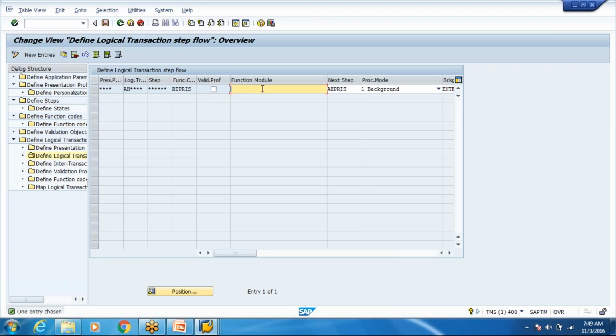If you make a change in the function module over here, it is going to impact all other warehouses. So let's say you are working with 3-4 warehouses, and you want to only change for your particular warehouse. Just replace this star star star by your warehouse presentation profile and write your function code here, function module here, change. So your change will be only applicable to your own warehouse. This is again a common technique used in RF programming.